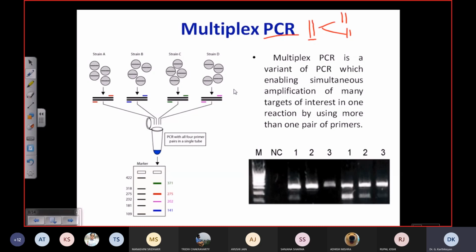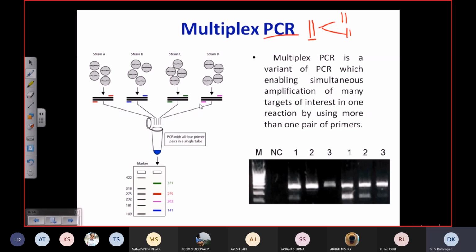very, very helpful. For example, the actual application of this multiplex PCR is to carry out many different types of PCR events, or PCR of many different target sequences, at the same time simultaneously. So it's a simultaneous amplification of many targets of interest in one reaction. So it is again lowering our time and also lowering our energy consumption, right? So for example, say these are the four strains and four sets of primers are utilized to amplify four different